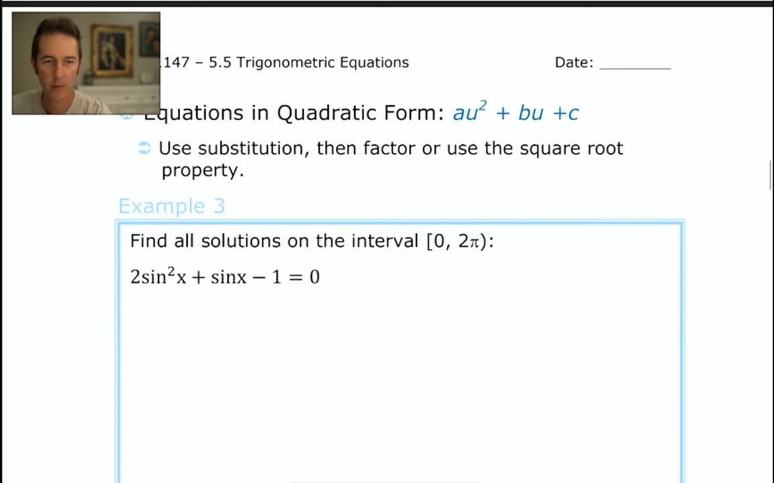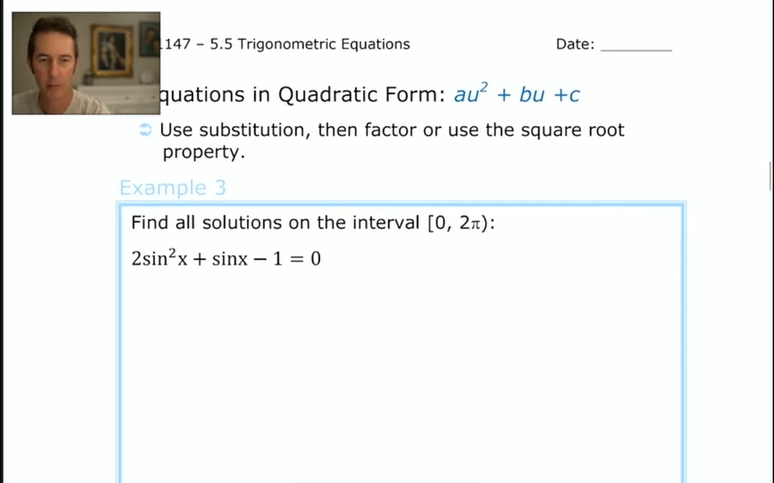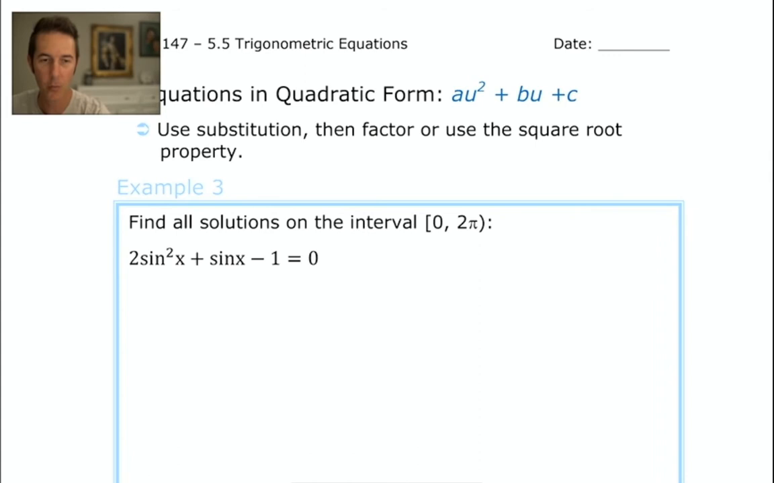This says, it doesn't say 2x squared plus x minus 1. It says 2 sine squared x plus sine x minus 1. It's madness. If it's helpful to you to rewrite the equation in a format that looks like this, you're welcome to. We could let